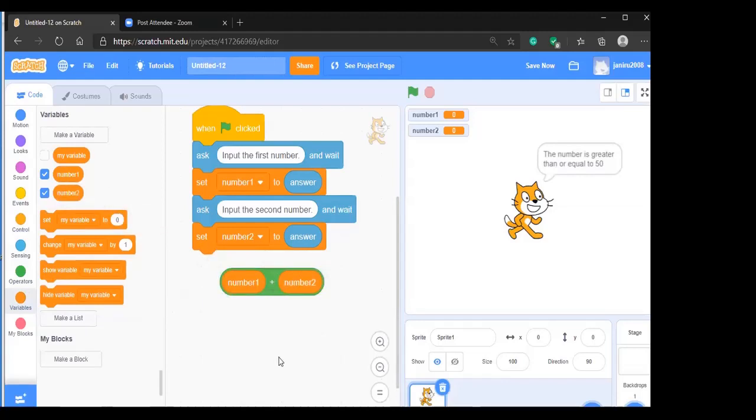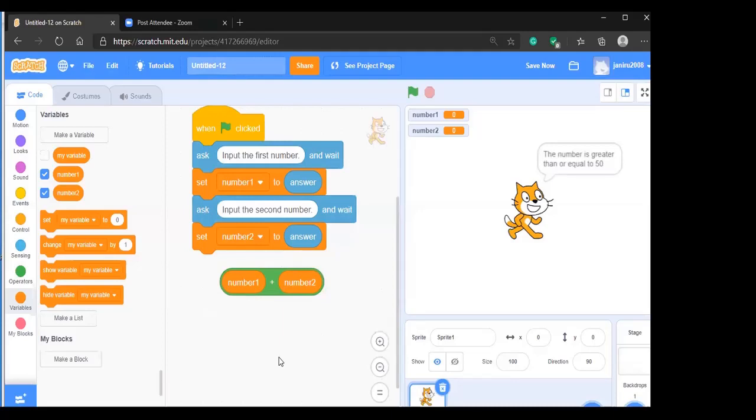So now you have the addition. Now you have to check whether this addition is greater than or equal to the threshold, and then print the result.